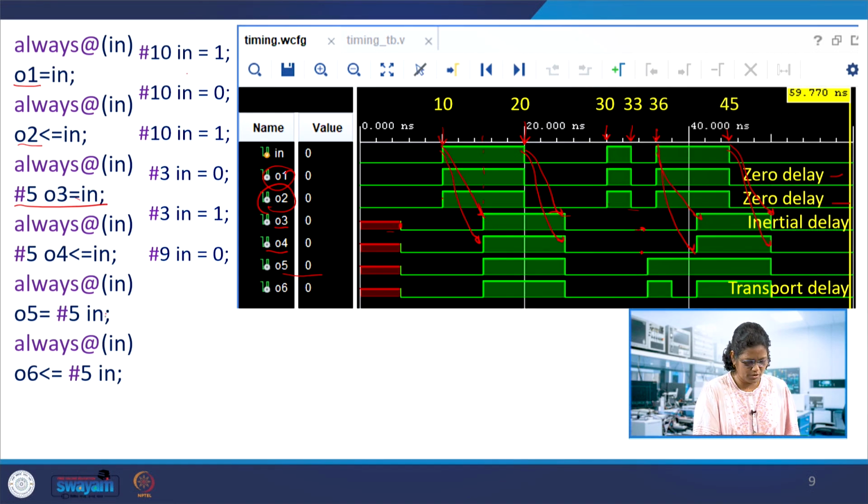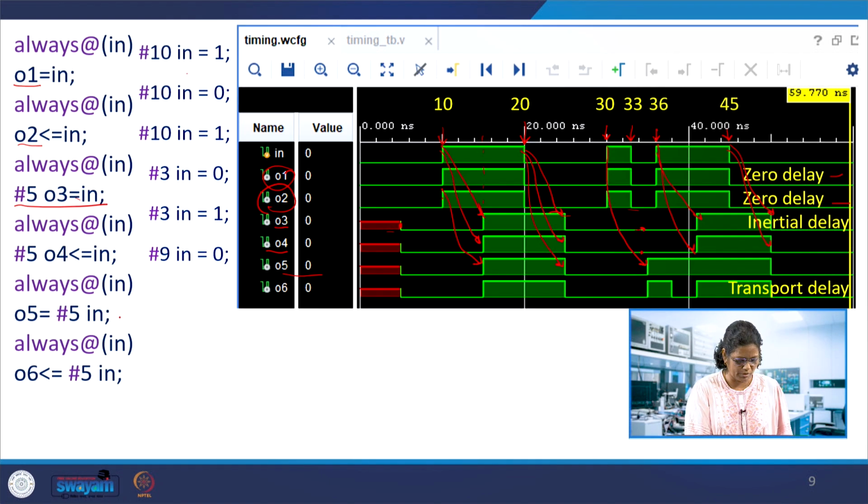So, that makes a difference. Whenever there is a change in input, it gets evaluated, but that change is not reflected immediately, it is delayed 5 time units. Okay. So, the difference is that this is evaluated at time t equal to 0, while this is getting evaluated only after 5 time units. So, this is evaluated at whatever time, and it is assigned after 5 time units. The change is getting assigned over here, and this change similarly is getting assigned over here. Also, this change you can see is assigned over here after 5 time units, it is evaluated and stored. We can say that this is having a temporary register.